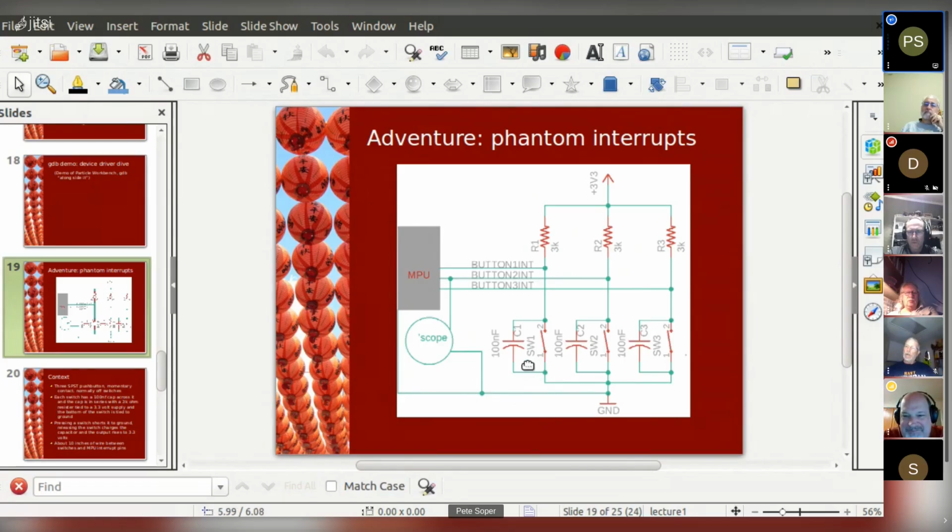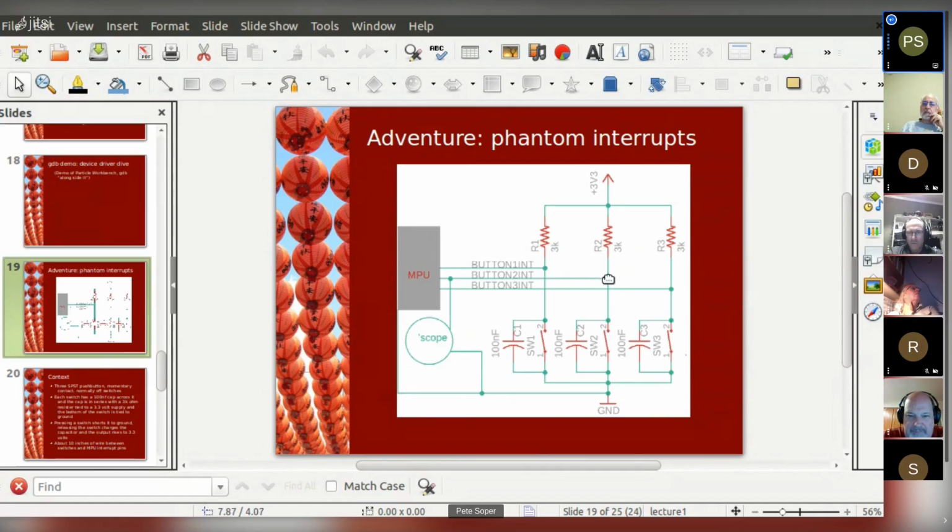Well, it works if you put the scope on the switch that you're pressing. The scope is currently connected to this line right here. If you set it up to trigger when you push this switch, it's absolutely fabulous.